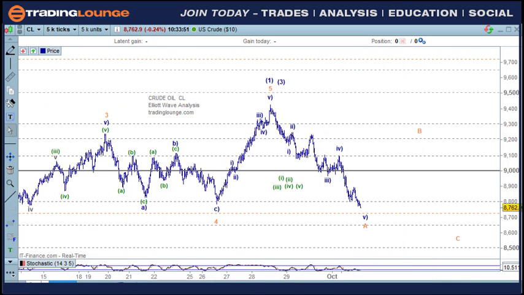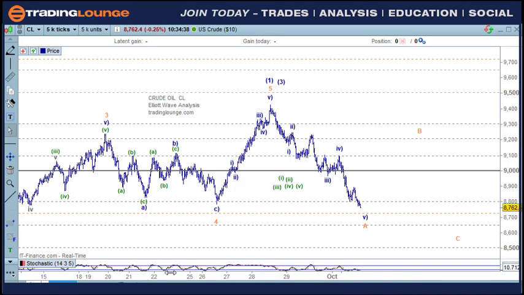Do I go an A wave and a B wave and a C wave over here for this? I've just got to mull this over. Something's not quite right here. But anyway, following this down here, my best bet is we've got 5 waves in here for 1 and 2, then 1 and 2 and 3 and 4 and 5 here for the 3rd wave, and then the 4th wave, and then we're going down for the 5th wave. So we should find a low in here somewhere. When you're around large numbers, in this case with plenty of zeros, it does skew the wave count. All the large orders tend to be pulled to that large number.